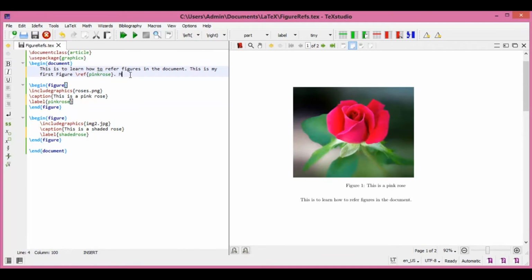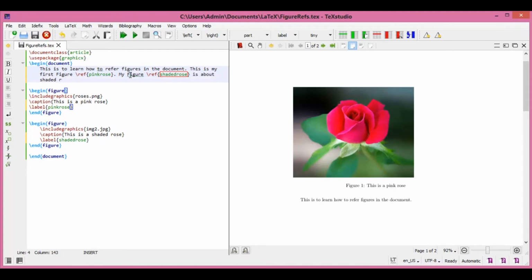My second figure. Now I am giving the reference shaded rose, right? Because there is only one name, it automatically picks it up. So my figure 2 is about shaded rose. Let's see how the figure looks now.